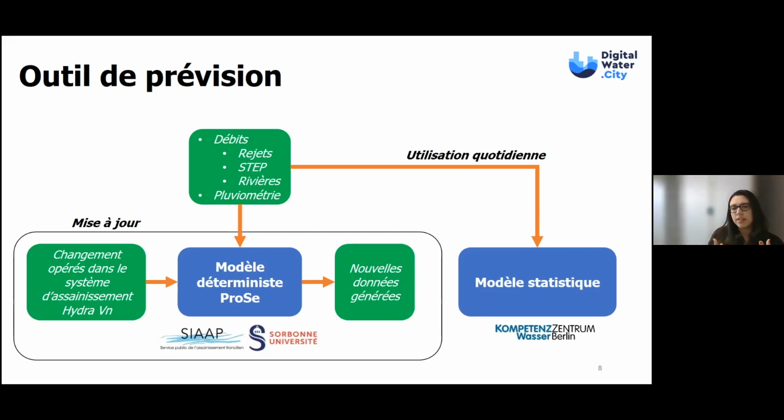This is part of the PhD, and this PROSE deterministic model will generate future quality data. So we'll have the future quality in all points of the Seine and Marne rivers. And this new data will be used to recalibrate the statistical model so that it can produce